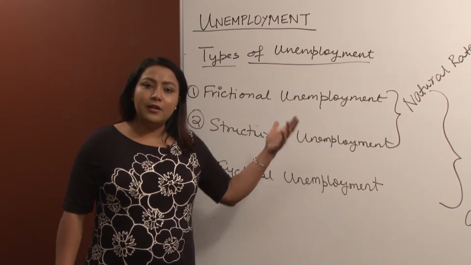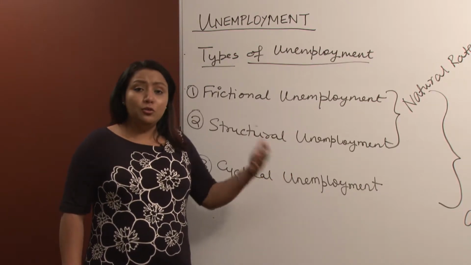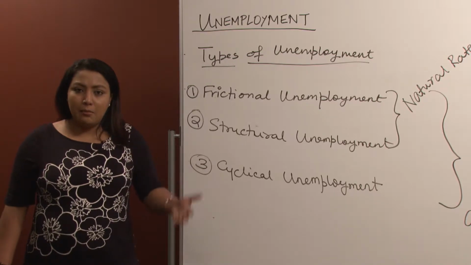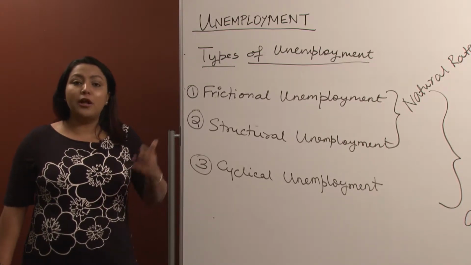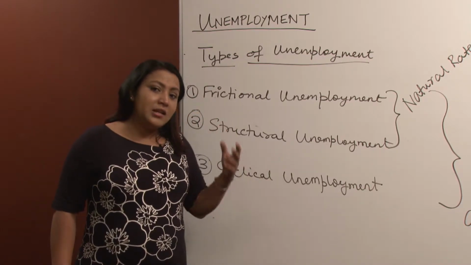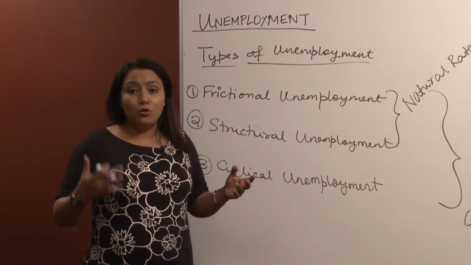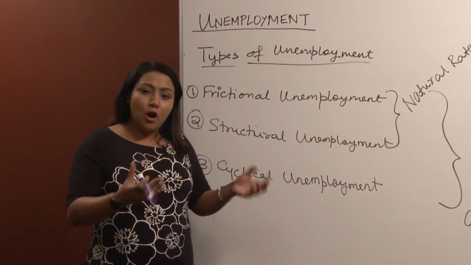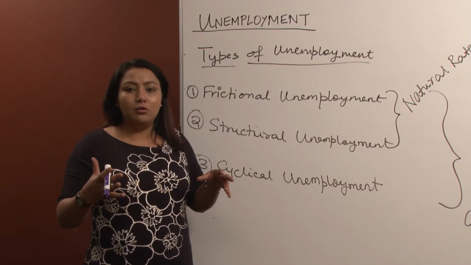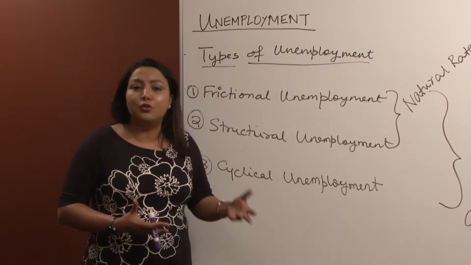For example, let's say the automotive industry in Detroit, in Michigan, right? It used to be an industry where there was use of a lot of manual labor, and a lot of people were employed. I'm talking about many years ago. But that is an industry that went through very rapid, fast-paced automation, so that many jobs got transferred to technology, and it got transferred to robots instead of human beings.